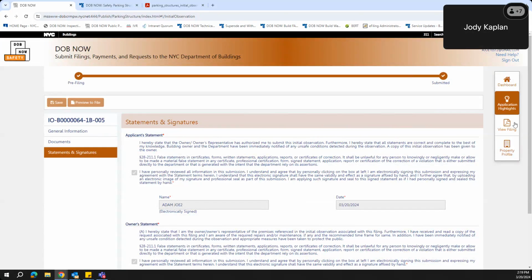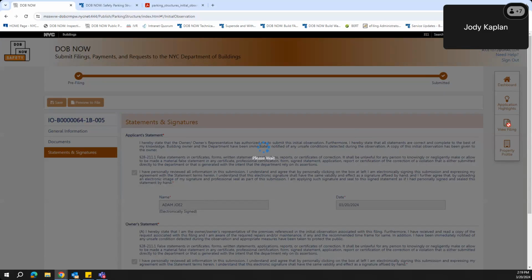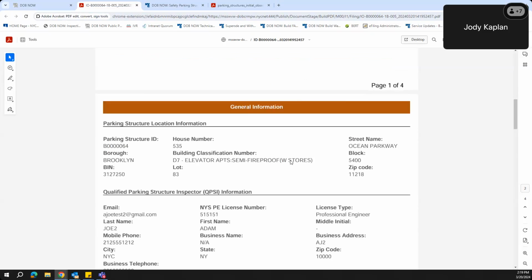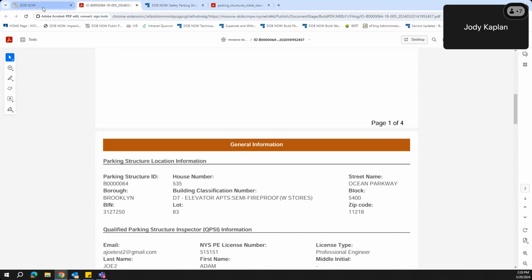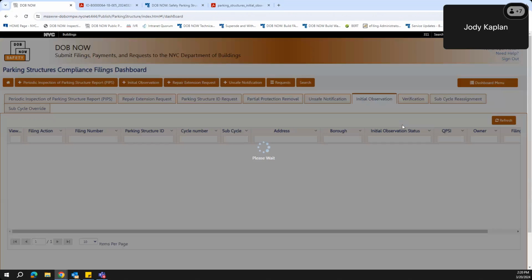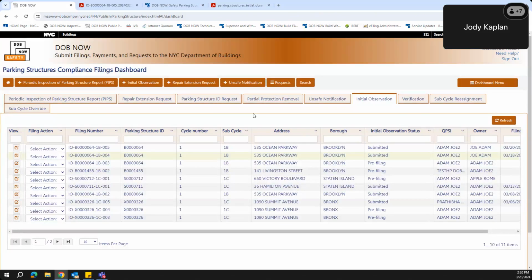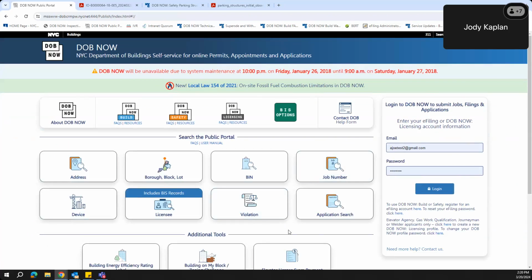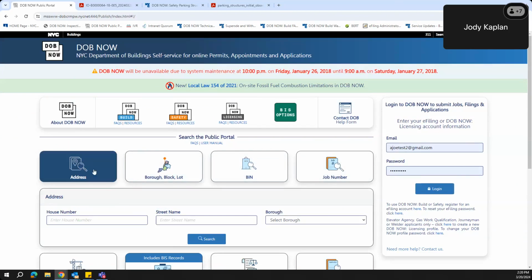You can view the filing here. There's buttons over here. You can click this button, and it will pull up a PDF of the filing. So if you needed a copy of it for a reason, you can see it there. But you can also see it without logging into the system. So if you needed to go back and see any of these reports, you can log in, of course, and see it from your dashboard if you're associated with it. But if you're not, or you just want to see it without logging into DOB Now, this is our public portal. And if you search by the address, the block and lot, the bin, any of those, so I'm going to go into the address,